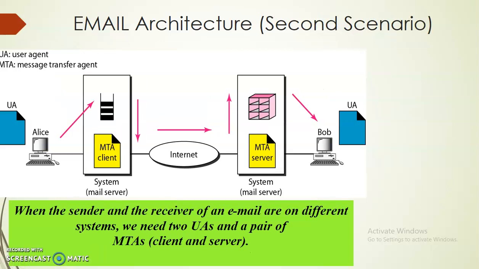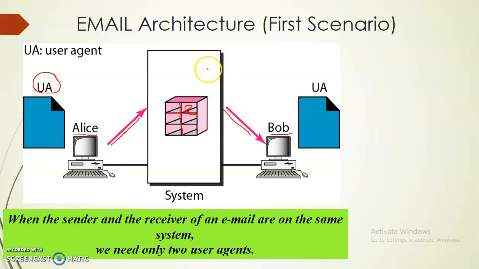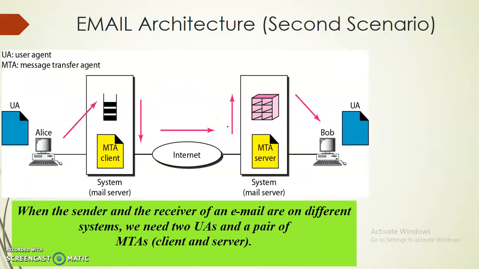Second thing, this is the second scenario. See the difference carefully, right? I am explaining it, see the difference carefully. Here I am saying we have one system, and both sender and receiver use that system, but with different portions as mailboxes. Here, in the second scenario, both sender and receiver are connected with the mail server. What are they connected to? The mail server, right? Of course, both need the user agent,